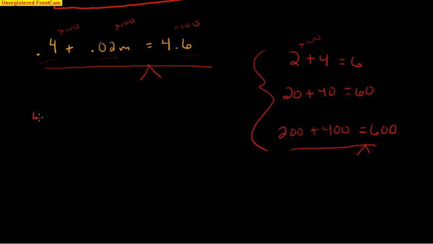So now I end up with 40 plus 2m equals 460. So now, some people prefer this. It looks cleaner than with the decimals. Work to get m by itself. Subtract 40 from both sides, and we've got 2m equals